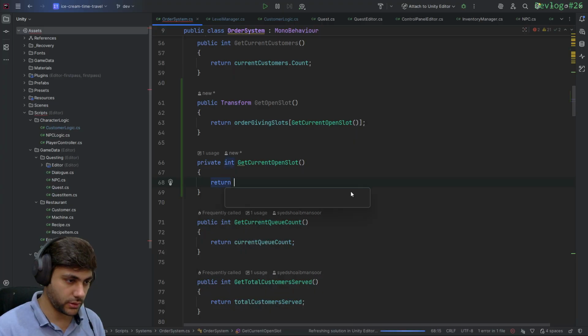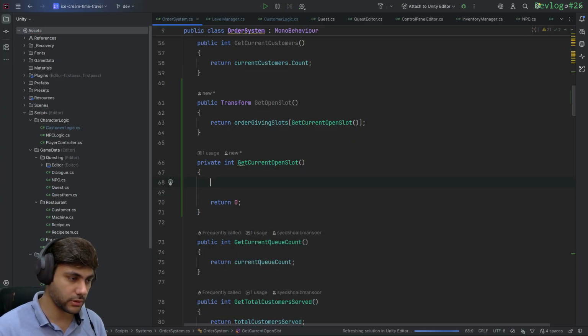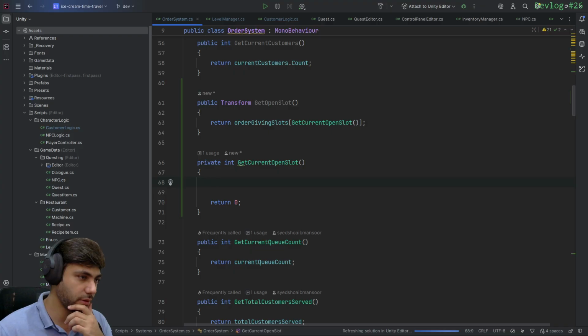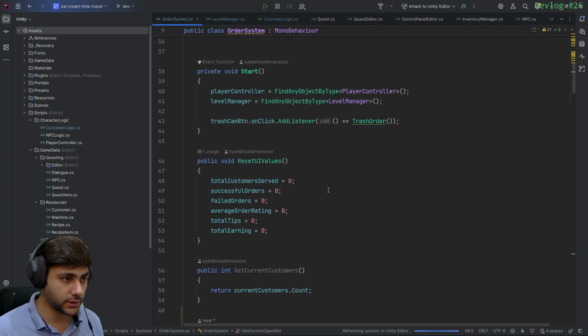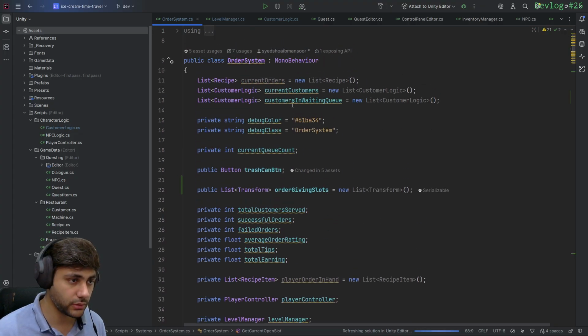This would return 0. Okay. What if it does not have an open slot, then what? This will have an open slot. Okay, so let's just do